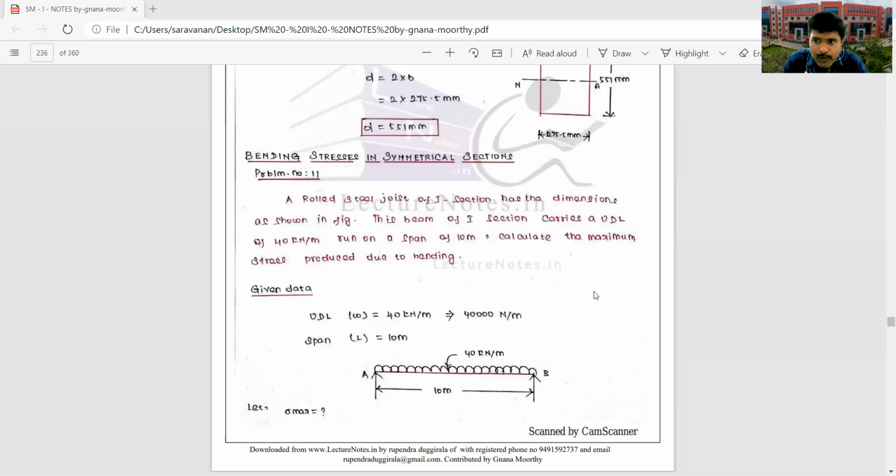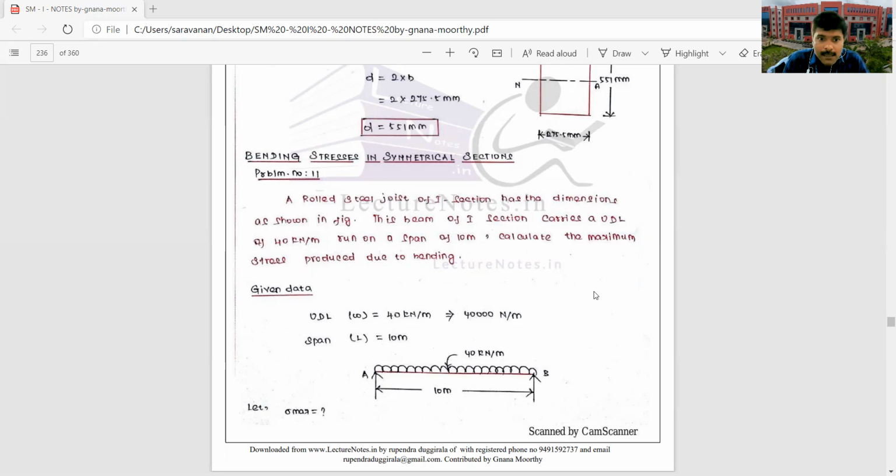What do you mean by pure bending? And section modulus, how to derive the section modulus for the various sections like rectangular section, circular section, hollow rectangular, hollow circular. And bending equations, how to derive the bending equation, that is M by I equal to sigma by y is equal to E by R. By using the bending equation, how to find out the bending stress or bending moment or section modulus, and how to determine the various parameters. We have seen a few problems and discussed all this so far.